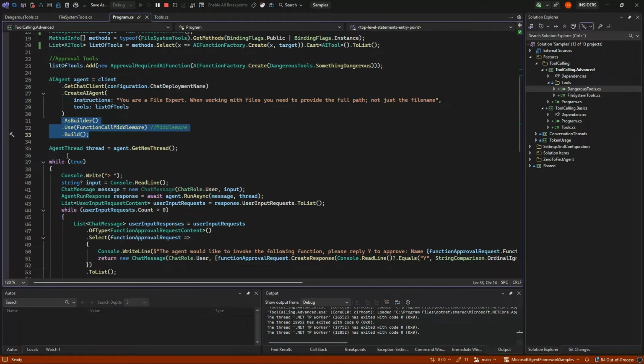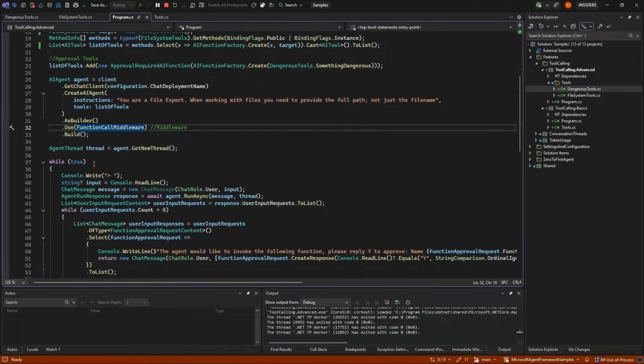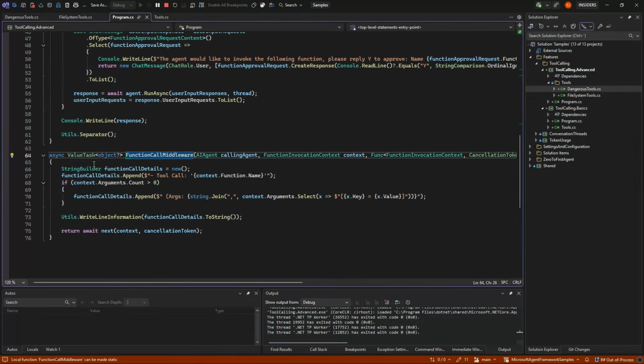There's a separate video on the options where we add some middleware, and in this case we are adding function calling middleware. In the previous video I showed telemetry, but in this case it's the function calling middleware. And the function calling middleware is just a simple method that takes in some function invocation context, meaning what is about to happen.